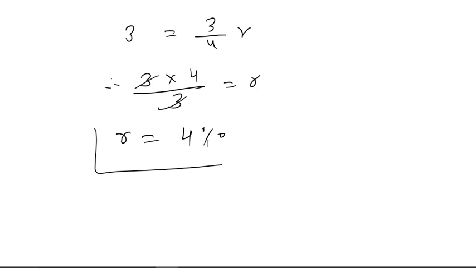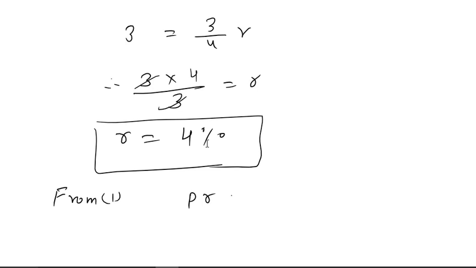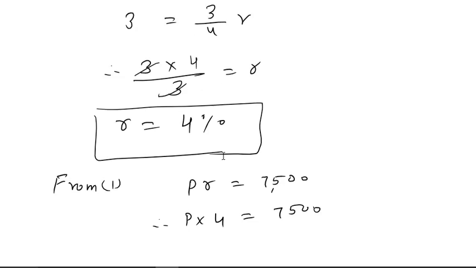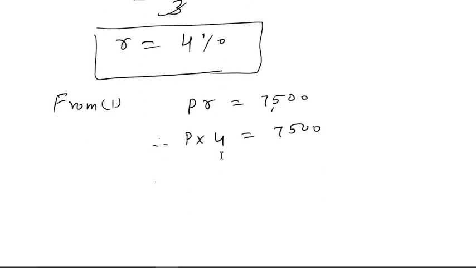So we got the value of R. Rate of interest is 4%. Now we have to find the principal. From equation 1, we can say that PR is 7500. So P into the value of R, which we got as 4. So P into 4 equals 7500. This will give me the value of P as